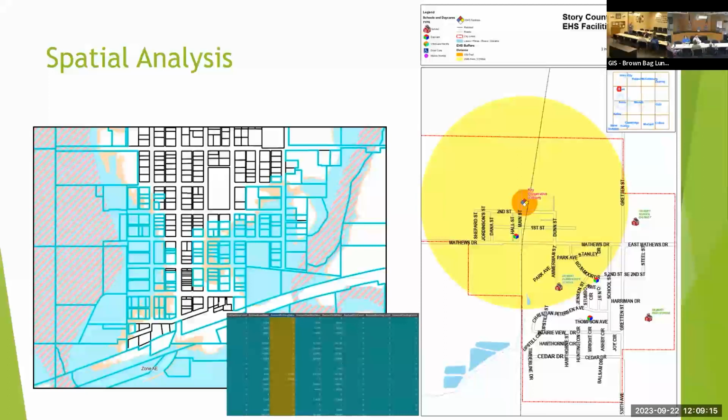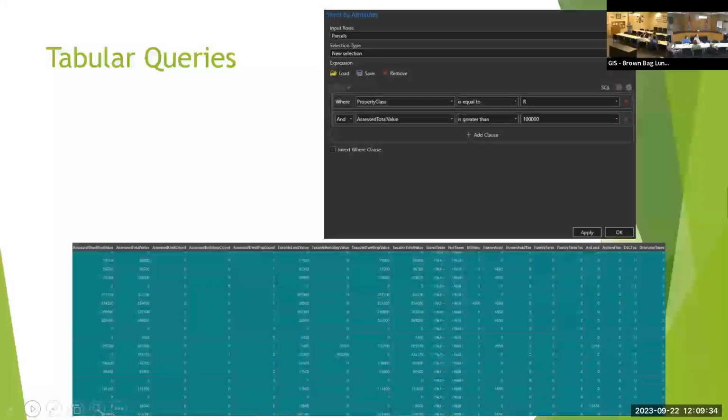The nice thing about this mapping software is it has really neat icons like little schoolhouses and things like that. So the general user who doesn't understand it, just by looking at it, can say, hey, that's a schoolhouse. That probably means that there's a school there or something like that. So I think that's pretty cool. Let's go to the next slide and talk a little bit about tabular queries.